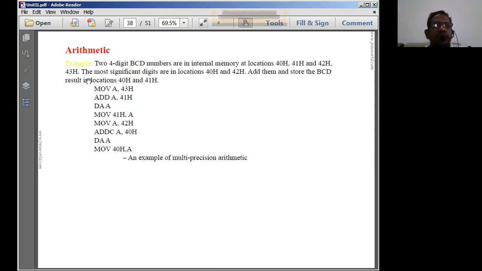This particular program shows how we use the DA instruction to adjust the decimal value for BCD results. DA is going to preserve the BCD result, because ADD performs only based on decimal values, whereas we want the BCD result, and for that we use the DA instruction. This is how we normally use the DA instruction in our programs.